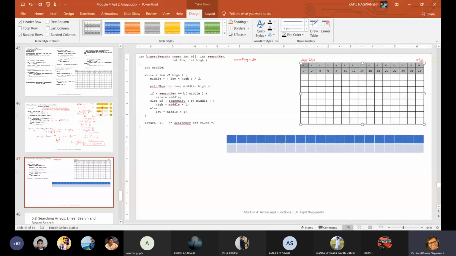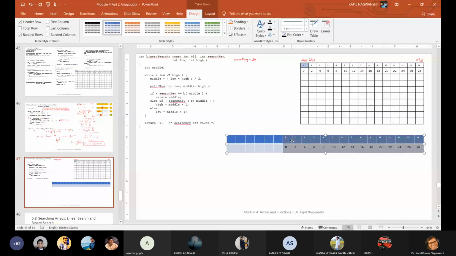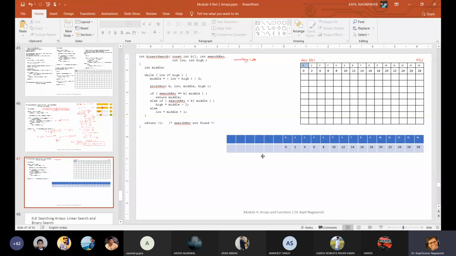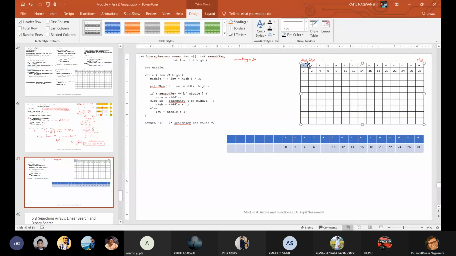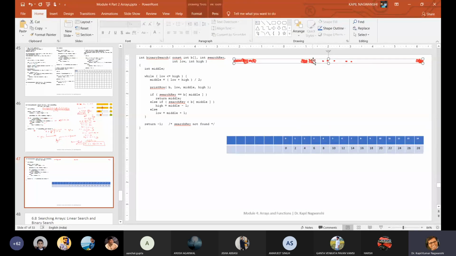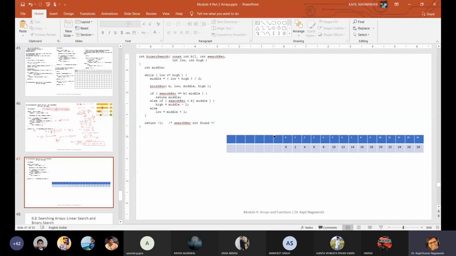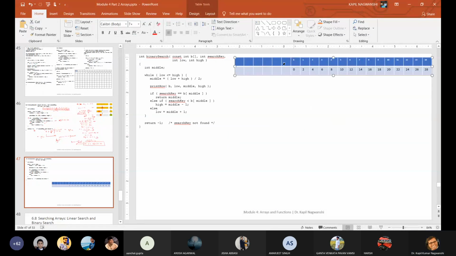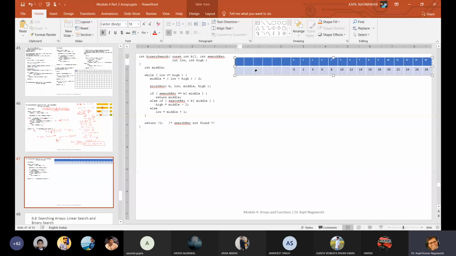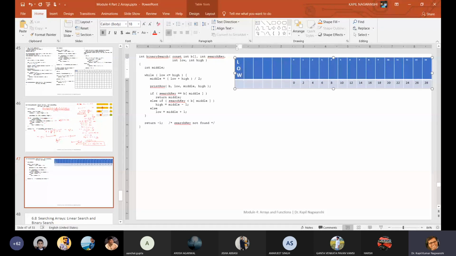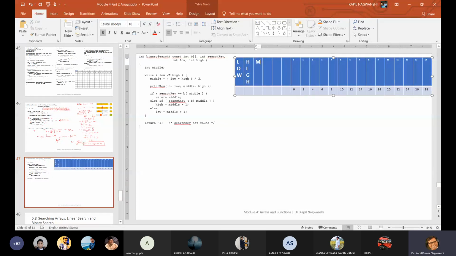So this may be low, then high, and mid, then comparison.